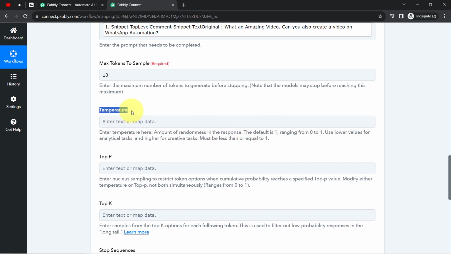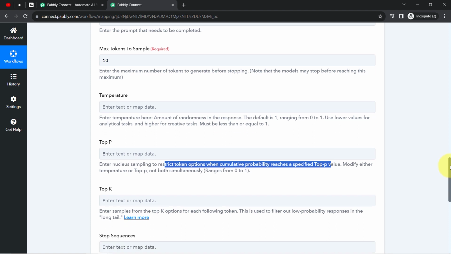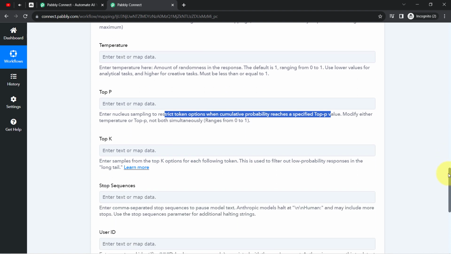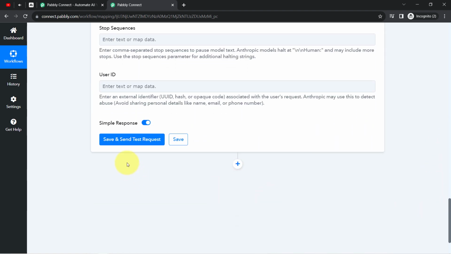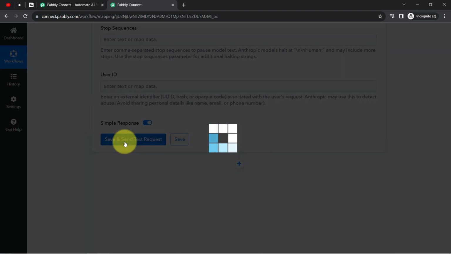Okay, so temperature means the amount of randomness in the response. Top P means it is going to restrict the token options when the cumulative probability reaches a specified top P value. Okay, and in the same way you can read the instructions and provide the values. Currently I am going to leave all these fields blank because these are not mandatory and it will automatically take a default value. Alright, so how about I click on the save and send test request button directly, and a